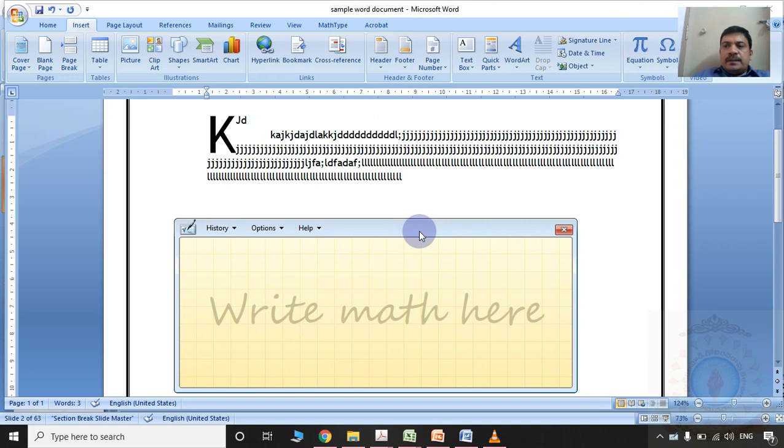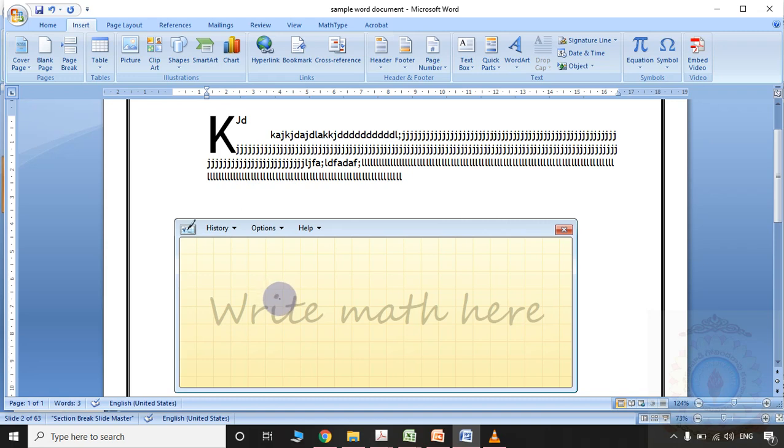Now one more tip, Math Input Panel, that is one simple application in Windows. Simply by typing in the search box, you can identify Math Input Panel in the versions Windows 8 and above. Even in Windows 7 also, simply you can download this particular application and install it in your PC. So what is the advantage of this particular app, Math Input Panel? Please observe.